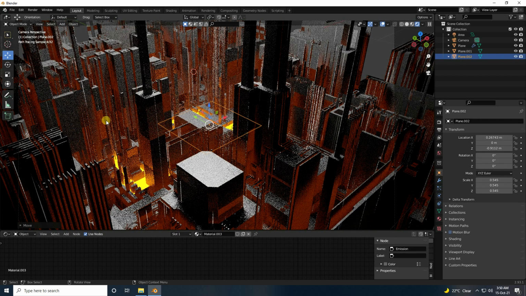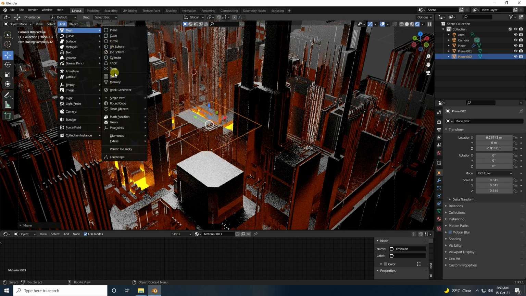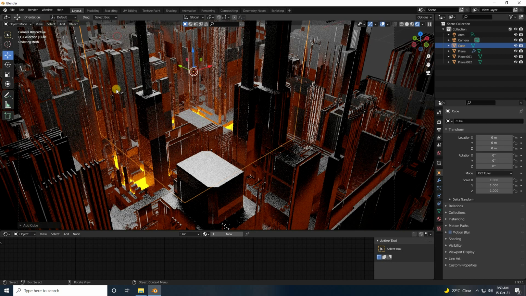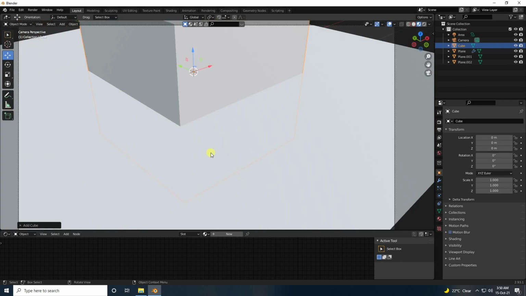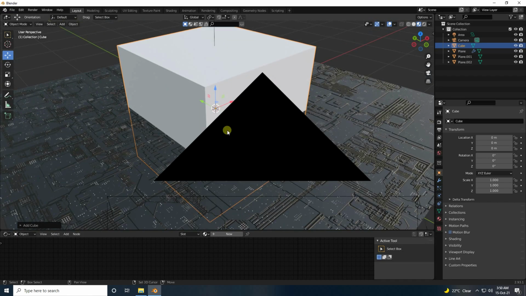Guys, now I create one more light effect. So this time I use a cube. I use cube. Yeah, and check box here. See guys, that's my cube, and change the cube size. Guys, select your cube and size. See guys, that's my scale size.